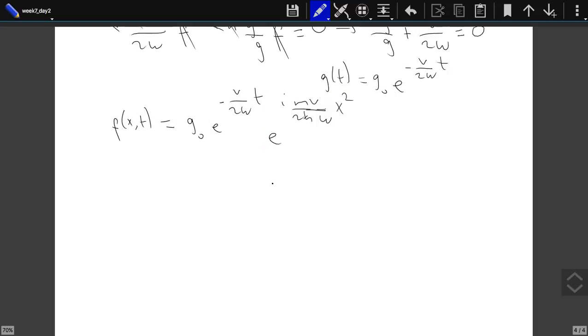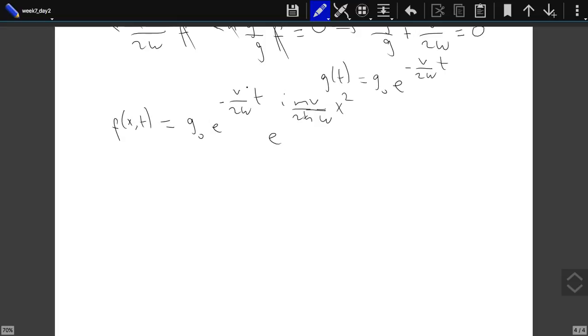This is my f of x and t. And what else do I know? I also required that at t equal to 0, this should be equal to 1. I cannot find such a solution. That boundary condition is not satisfied. Because of, hold on. What I want